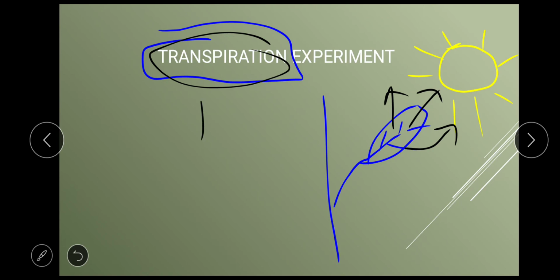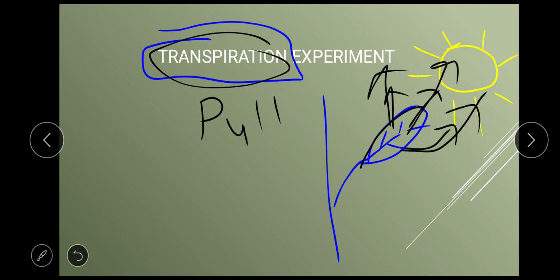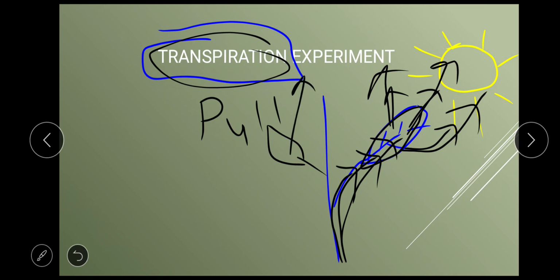And what is transpiration pull? Transpiration pull means that once water gets evaporated from here, the leaf will demand more water. Now more water will go from here to the leaf. So basically leaf is pulling water up. Here there is one more leaf, for example. So this leaf will also have transpiration, and this leaf will also demand more water. So more water will come to this leaf. This is called as transpiration pull.